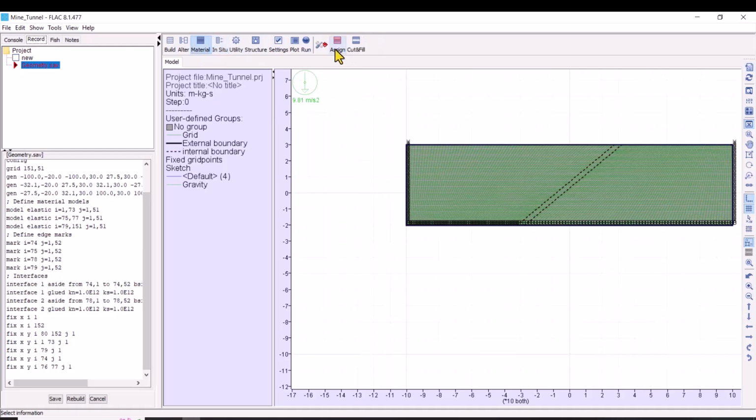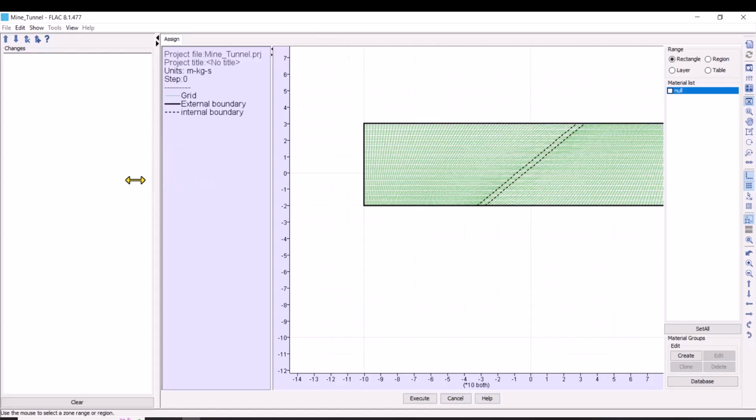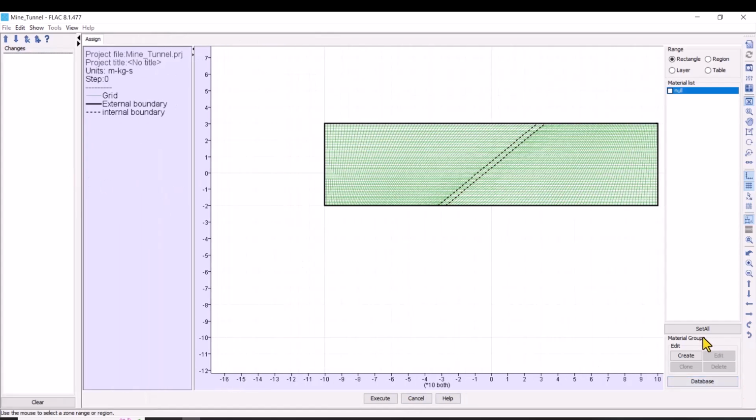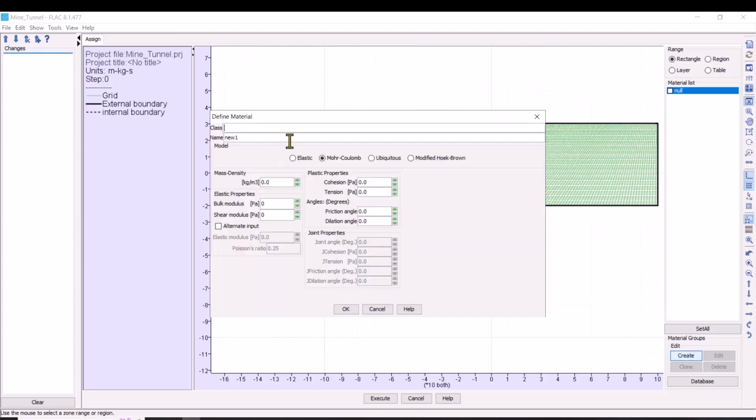Material. Assign. We create material of rock mass. We create material of crush zone. Create. Name: rock mass. With the Mohr-Coulomb criteria, in the elastic perfectly plastic behavior. Mass density is